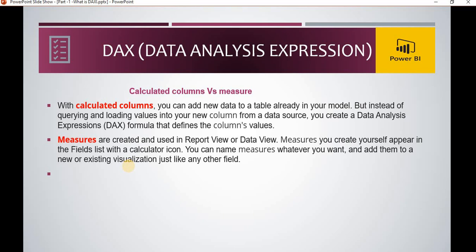The difference is that a calculated column is basically a column just like the other columns, but a measure is something different which does not get stored in the data set. This measure comes at runtime: only when I take that measure into a particular visualization does it come into the picture. It is not stored in memory, only calculated at runtime. In a bit we will understand this difference practically.